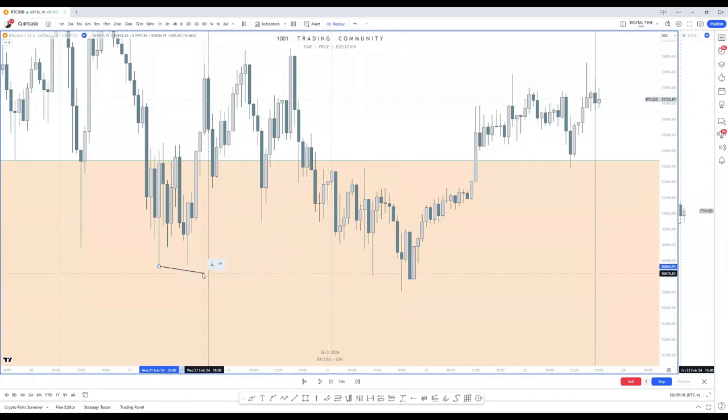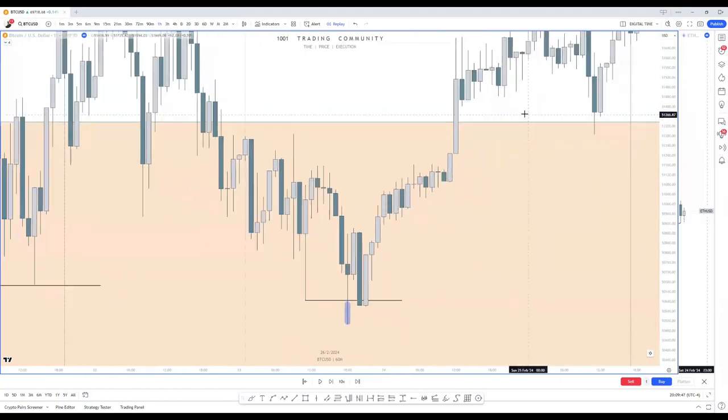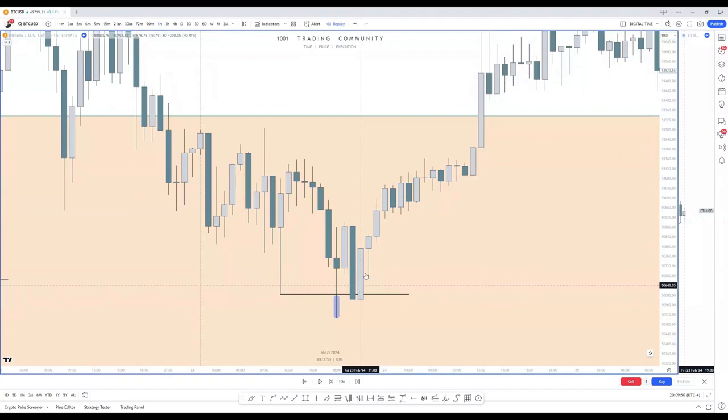Okay. But this is the tricky part. We're not going to be observing this low right here. Yes, there was an SMT here, but that's not the closest low that we're going to observe. Instead, we're going to be observing the low that's right here. This low. This is going to be your turtle soup right there. Again, we have the SMT, we have the higher time frame inefficiency, and you see this intraday